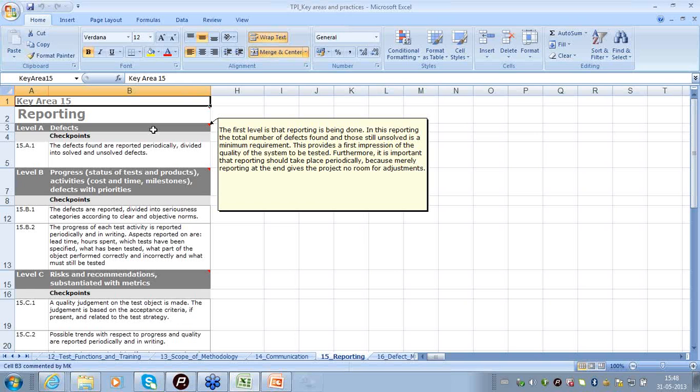And it also recommends periodic reporting of the test results, because just by communicating at the end of the project, it becomes too late for the development team to act upon it, and hence ultimately the project gets delayed. So as I was saying earlier, even here the model you can see is placing emphasis on improving the overall software development life cycle beyond the software testing life cycle, and ensures the success of the overall software development project, not just testing.